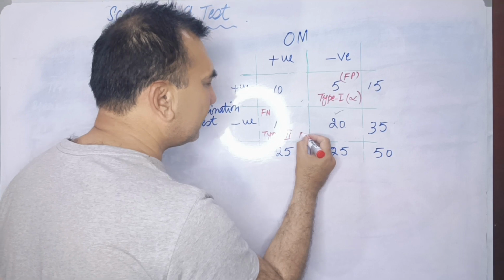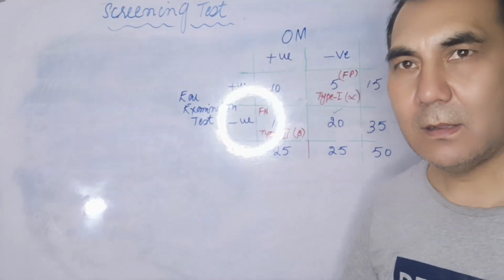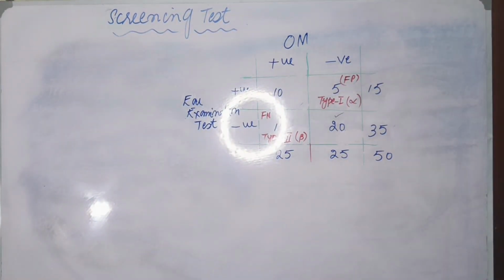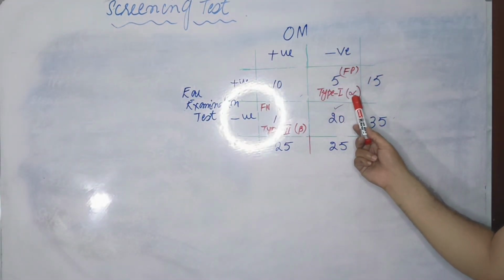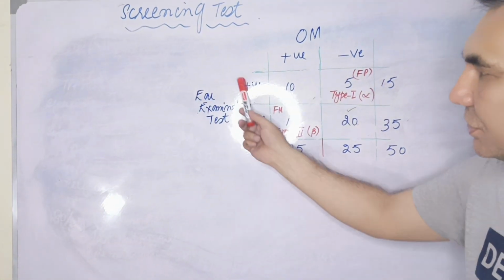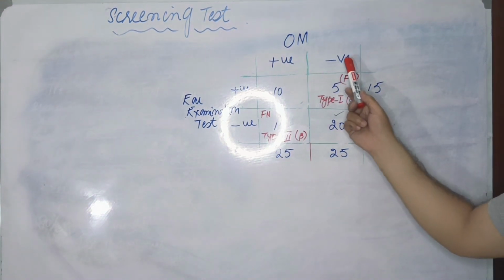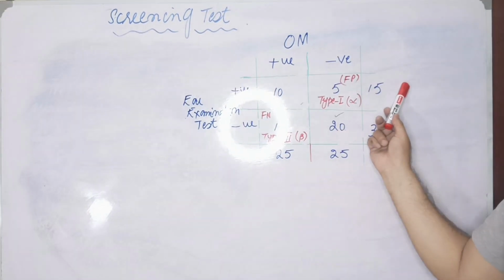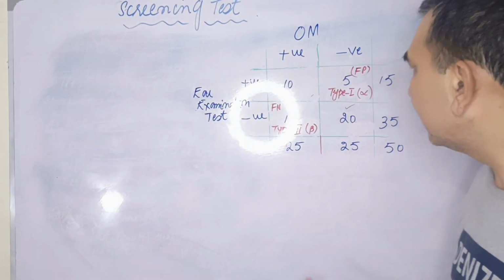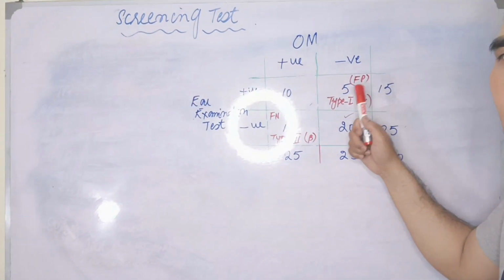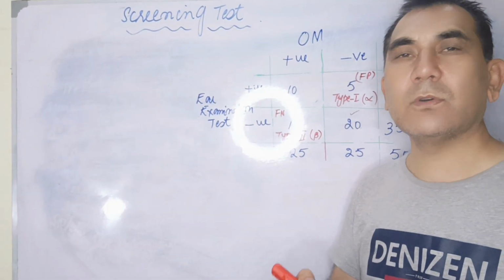And this type 2 error is called the beta. Okay, let me repeat it once again for you. Even though the sign symptom of the disease is not present, the ear examination by the pediatrician confirmed it as disease positive, meaning the healthy person is incorrectly identified or labeled as a sick person. So it is called the type 1 error, or you can say alpha, meaning your null hypothesis is correct, but